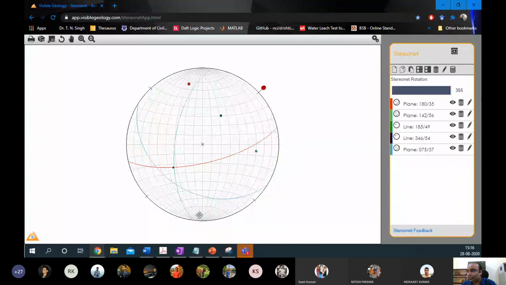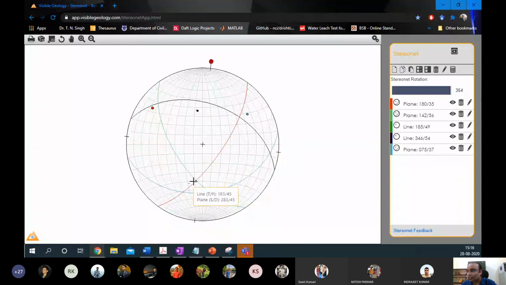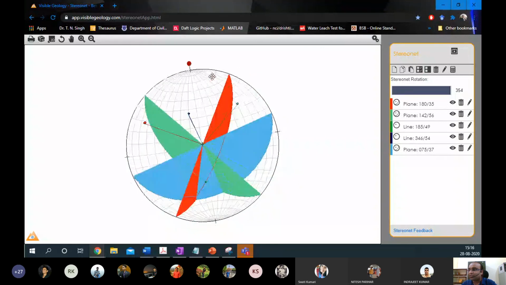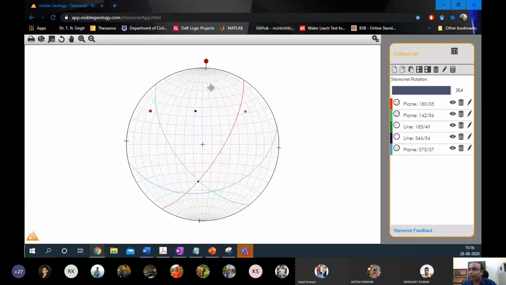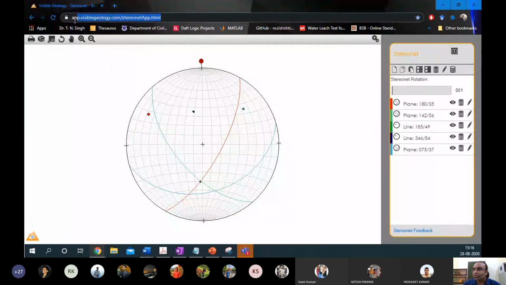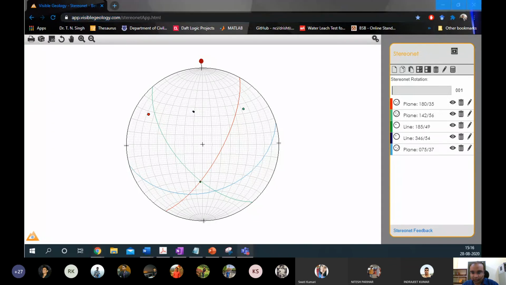And just by these projections, we can find out the area of that wedge as well as the extent to which it can fail and so on. So these kinds of projections are very useful. I think in the next class we will do some kinematic analysis, where we will do the actual quantification of the area of failure or the block size, and also the type of failures that we can predict from this stereographic analysis. So do check this out. I will share the link in the chat.